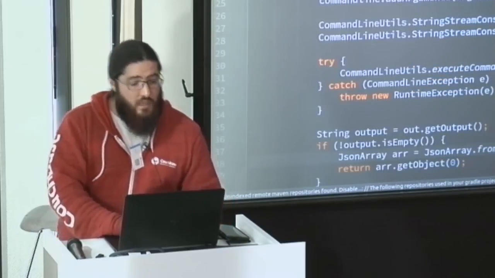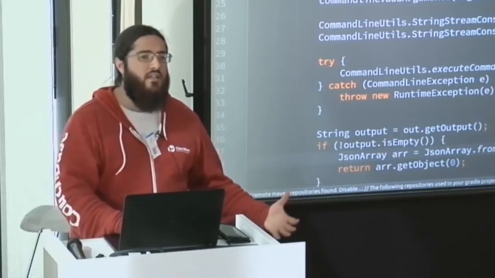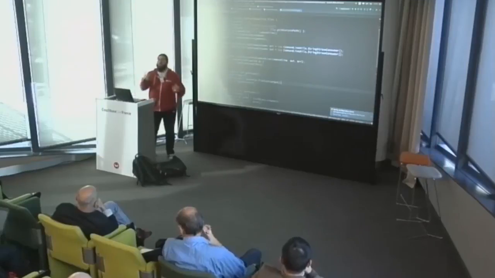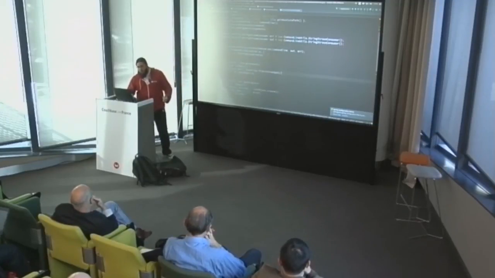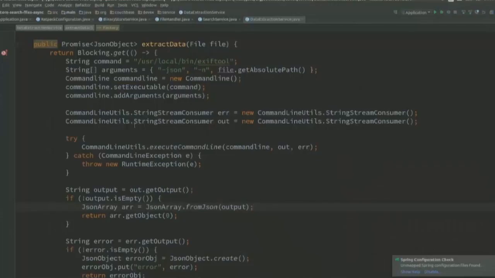What this does: I upload a file, and because I allow people to do queries based on the file, well, you don't query on the binary, you query on the metadata of the file. So you need to extract that metadata at one point. And that's what you can see here. Don't look at the blocking part, just look at this. This was my original code, and this is spawning a Unix process. It is totally blocking from the JVM. And once it's done, you get the stuff.